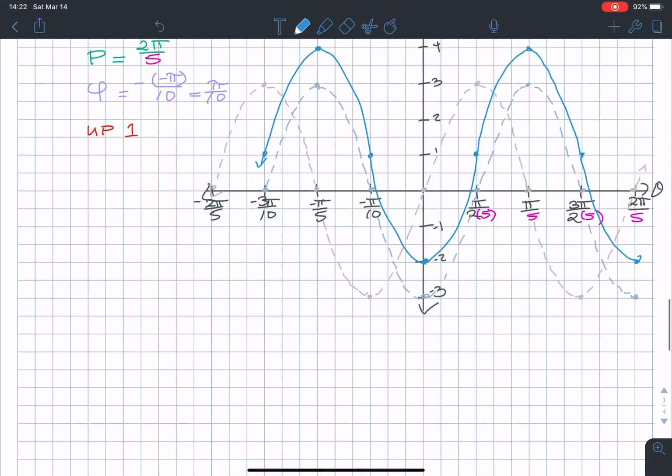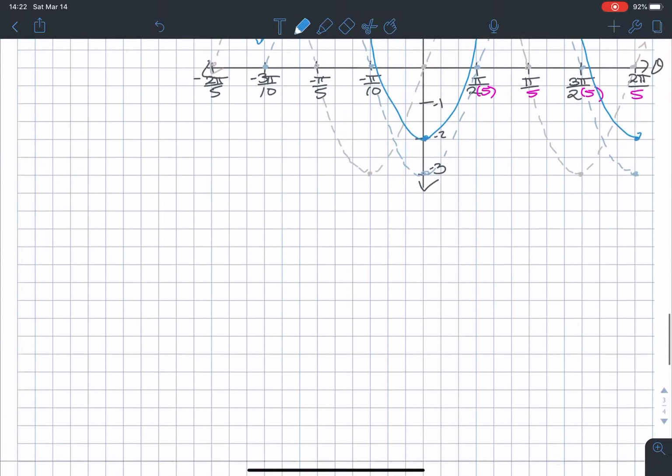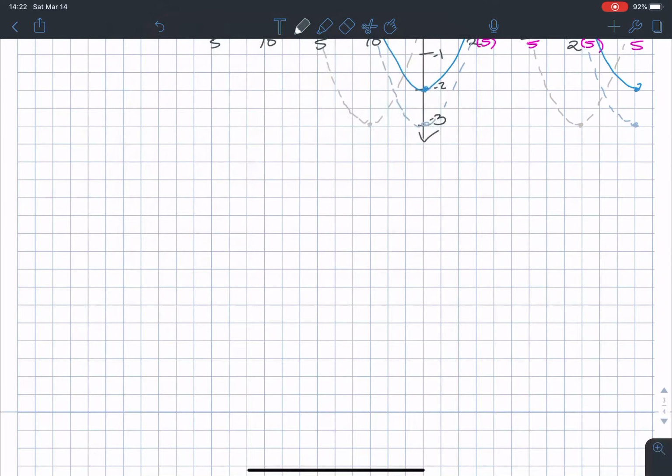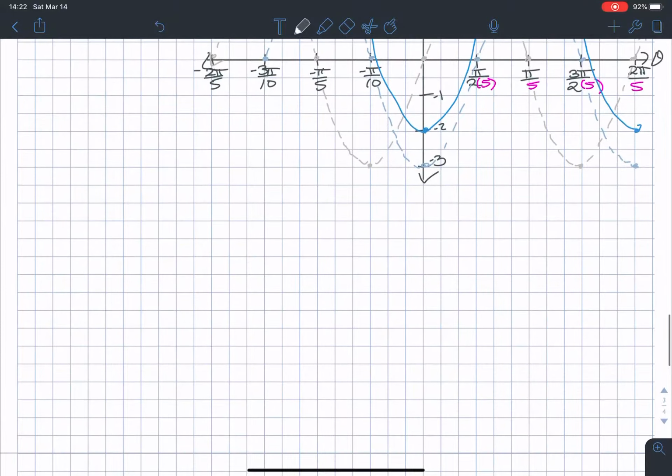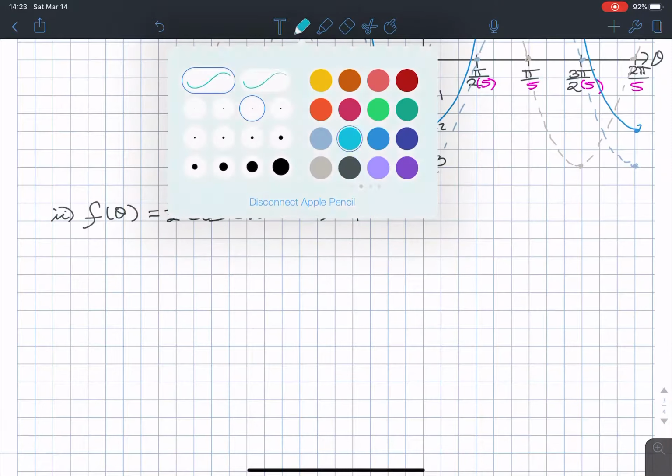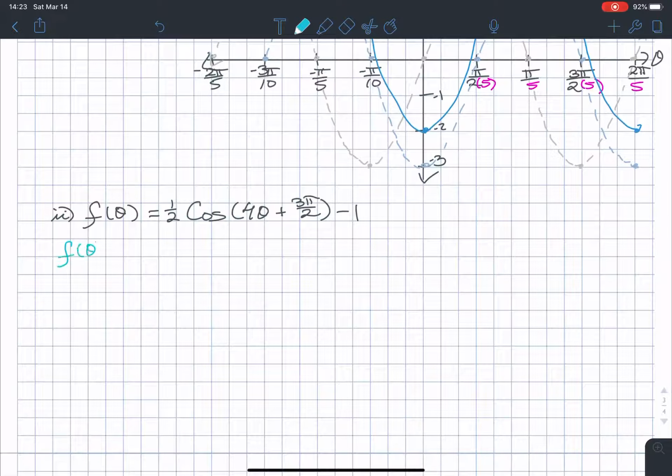So let's do a couple more examples. Let's see, do I have space here? Yeah, I do. So let's do another example. I think it's subscript number 2. So we have that f of theta. Let's plot 1/2 cosine of the quantity 4 theta plus 3 pi over 2, minus 1. So f of theta is equal to 1/2 cosine of the quantity 4 theta plus 3 pi over 2,